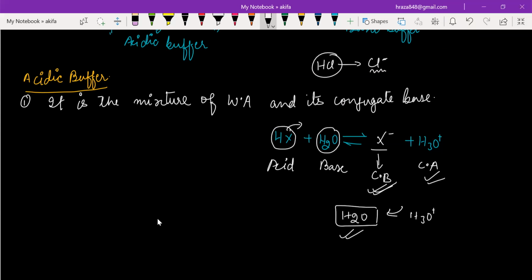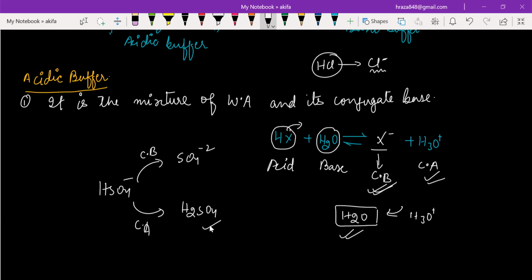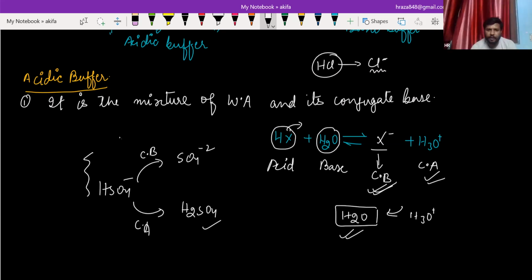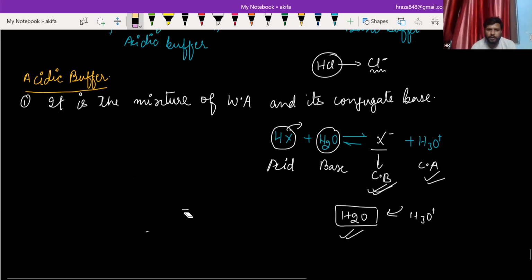Yes. So if I'm going to ask you about HSO4 minus, what is the conjugate base? For conjugate base, you have to remove H plus, so it will be converted into SO4 minus 2. And if I am asking what is conjugate acid, you just have to add H plus, so it will be converted into H2SO4. Yes. Okay, just write it. Can I erase this all? Yes. Okay. So the first definition is